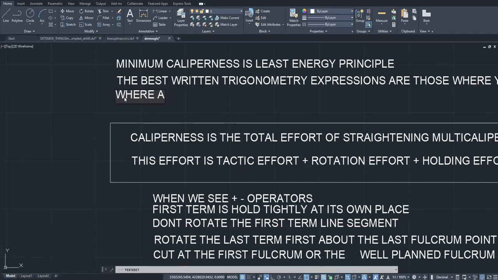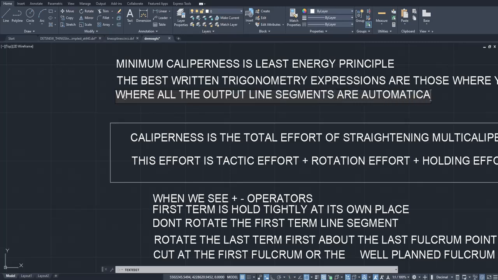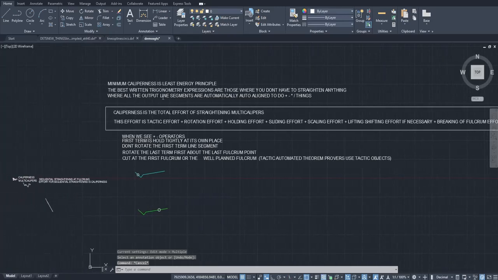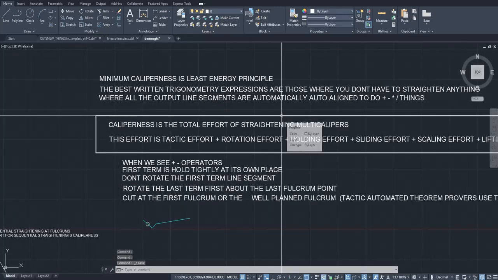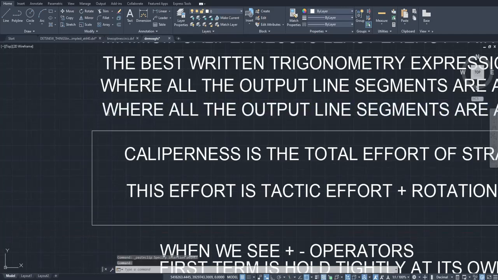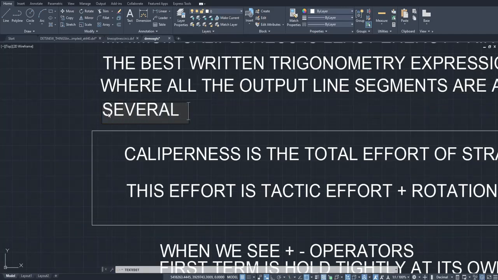where all the output line segments are automatically auto aligned to do plus minus into divide, and automatically overlapped on one another. Then L is not moved at all, and several L are there to construct